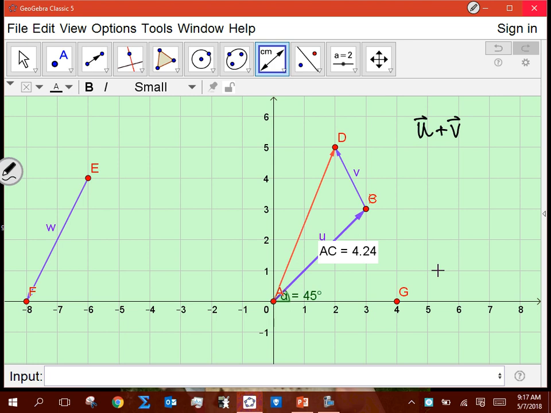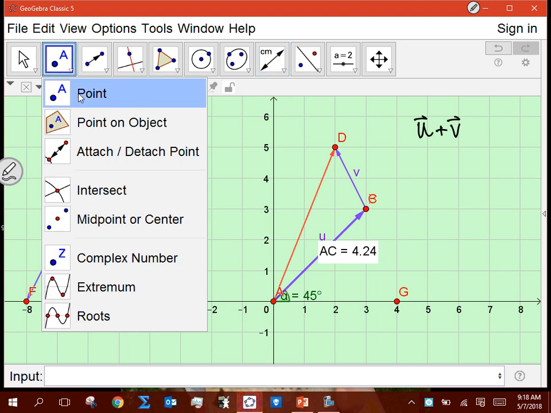But once we apply that force in that direction, they're going to travel that vector U. Does that make sense? And once they travel that and they come to a rest, they will be sitting at the point B right here. Is that okay? All right. Now the next thing we're going to do